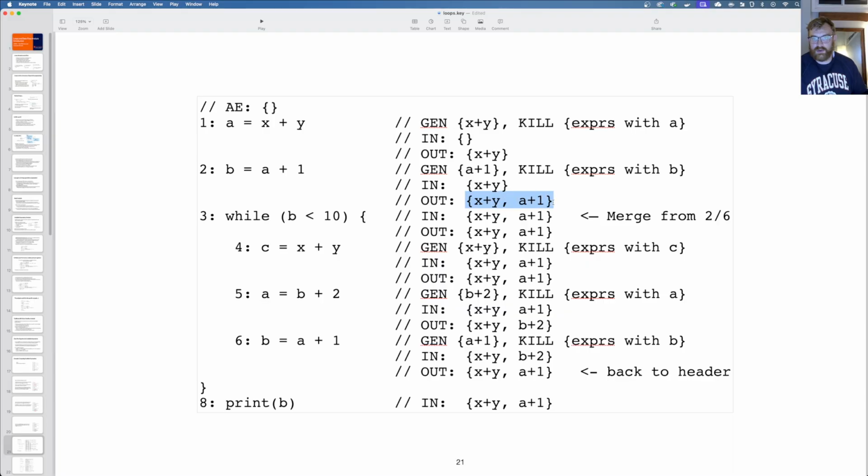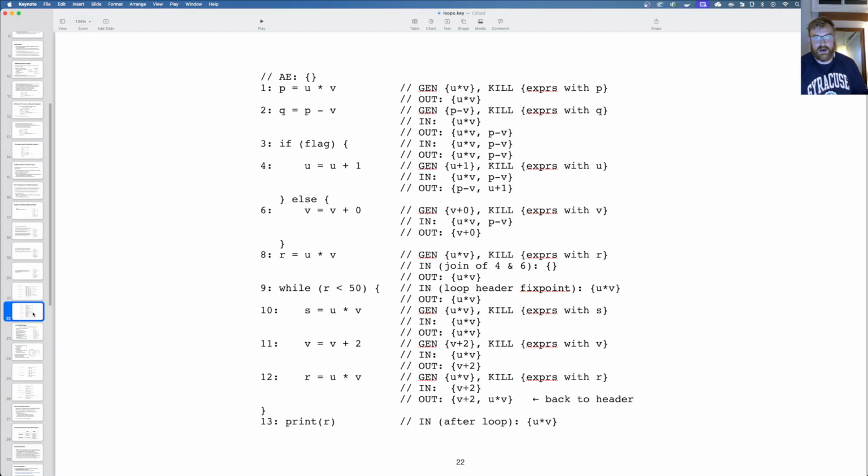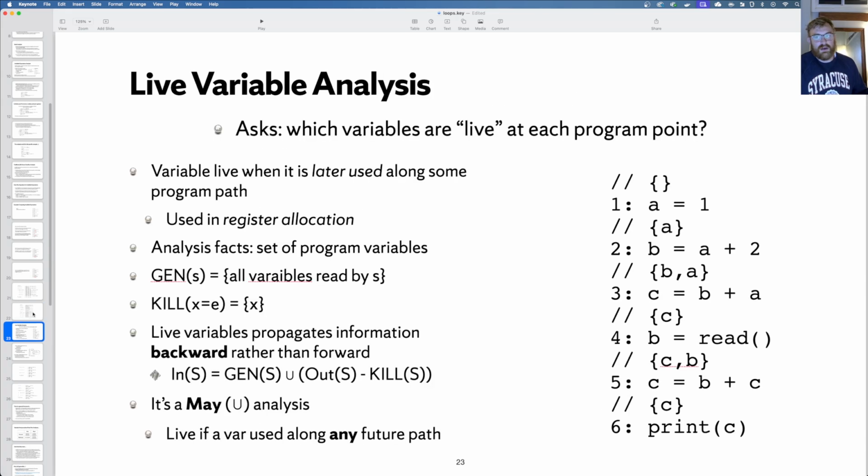So the out set is x plus y, a plus 1. And we're merging that with 6. The out set here is x plus y, a plus 1. These are the same set. And so when we take their intersection, we get the same thing. That's our in. And that yields the out as well. So I'll let you look through that one a little bit longer on your own. And this is a much larger one. I'm not going to cover it.